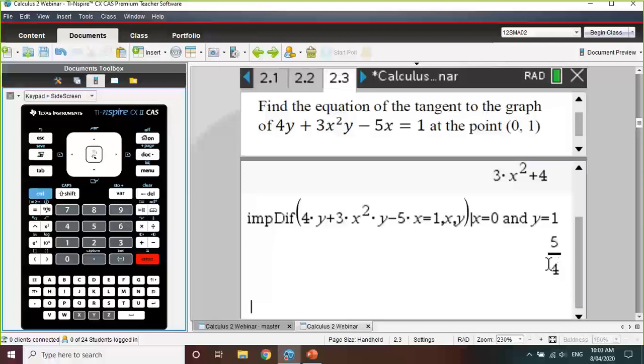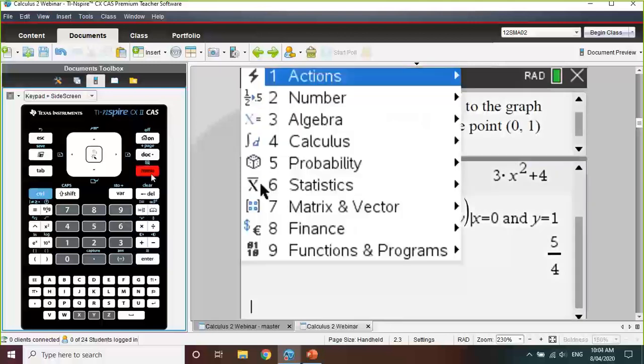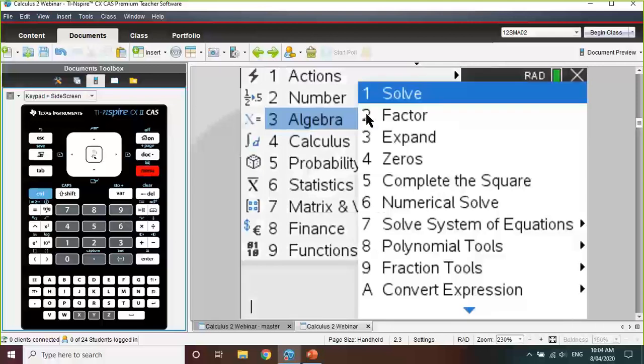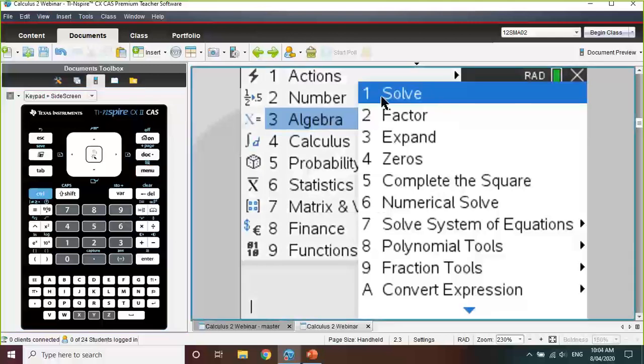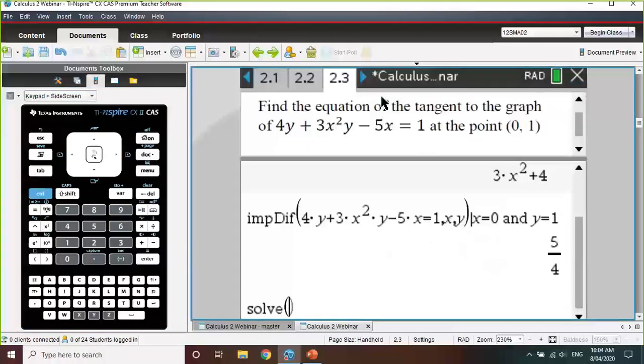So half the challenge is done. We've found our gradient. Now, the main goal is to find the equation of our tangent line. So a neat little way to actually find the equation of a straight line, we've got the gradient, we've got the point. What we can do is bring up the solve command and think about typing in the equation of the straight line with a point. So we've got y minus y1, in this case it's 1, is equal to our gradient from above, 5 over 4,